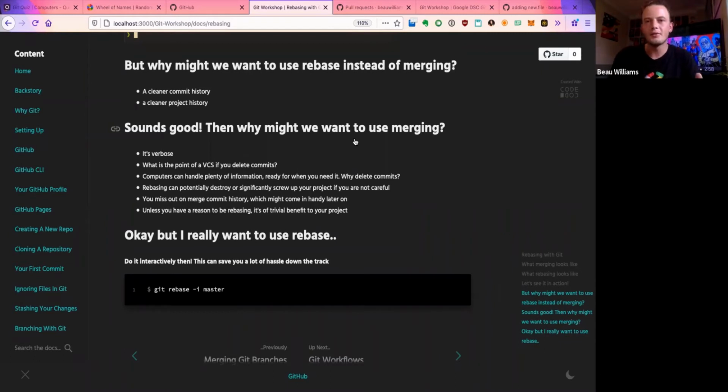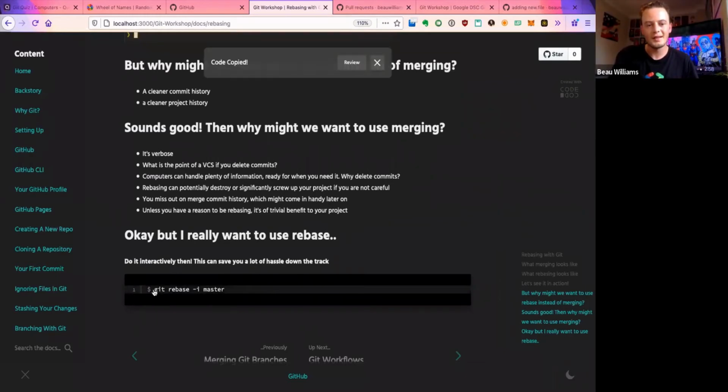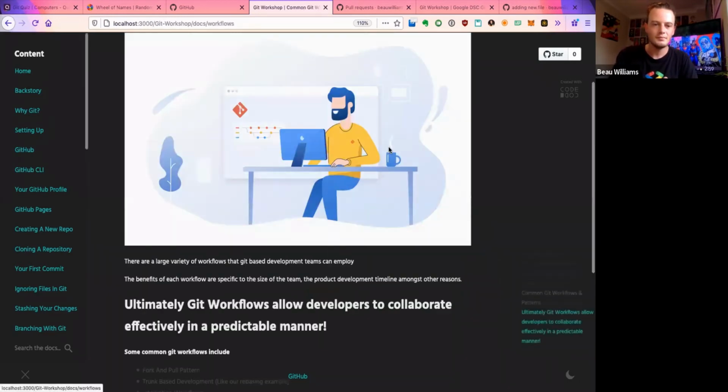So it's a trivial benefit, but if you really need it, you can use it. And last but not least, if you really have to rebase, try using git rebase -i. That's an interactive rebase. It'll ask you for every file, do you want to rebase this file? And that's probably, I recommend, maybe the best way to go about doing it.